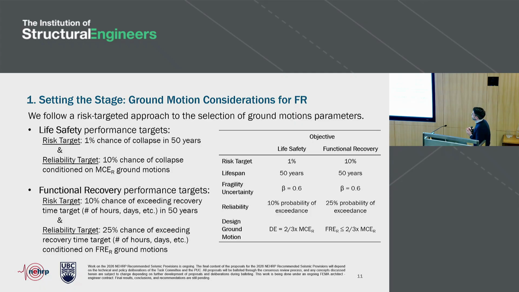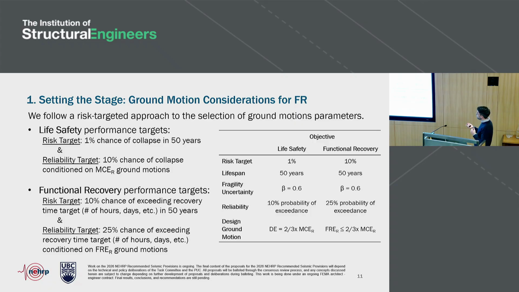Now, when it comes to the ground motion characterization that we're using in our design, we're effectively replicating the process that is done in the US to design for life safety. In the US, unlike in other geographic locations throughout the world, they don't design for a particular hazard level, meaning they don't choose to design for a 2,500-year event or a 500-year event. They use this risk-targeted approach, which integrates the full hazard curve when they're determining their design ground motions.